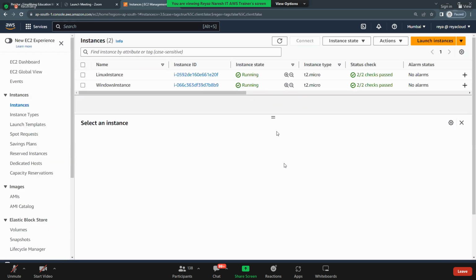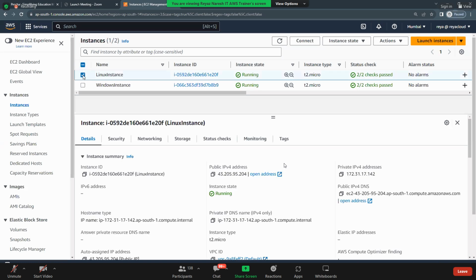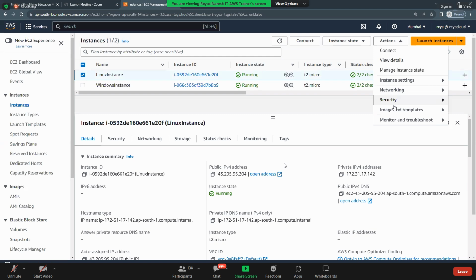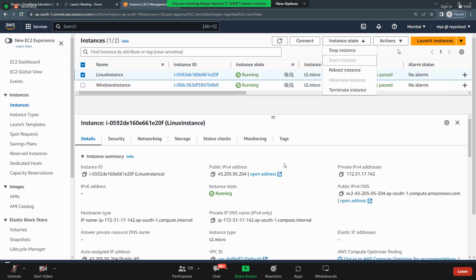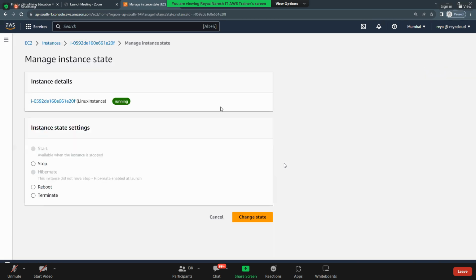Till here, everyone? Okay. Now what we're going to do is look at the options. Connect, meaning it will get connected. Instance state, we have seen all these things. Should we go one by one and see all of them here? I'm telling you, nowhere else will you get this. Connect, we know how to connect. View details, meaning this will come to the details. Manage instance state is nothing but the same things. If you click on manage instance state, what will happen? Stop, reboot, terminate, same thing, no?